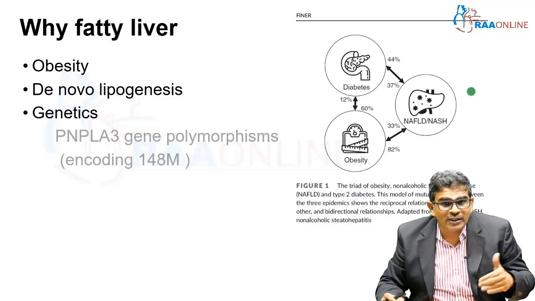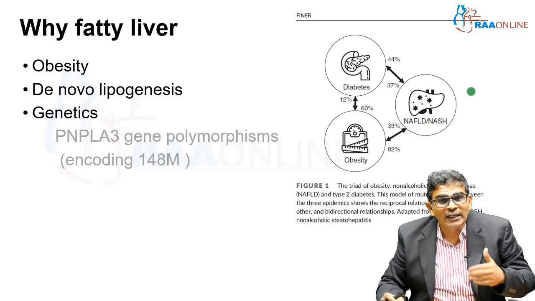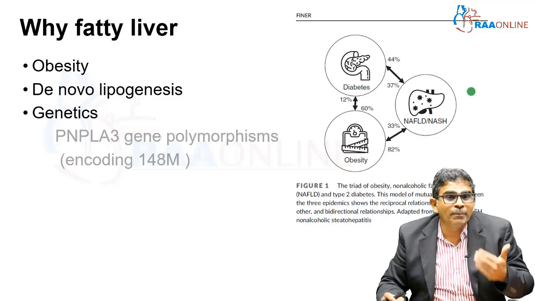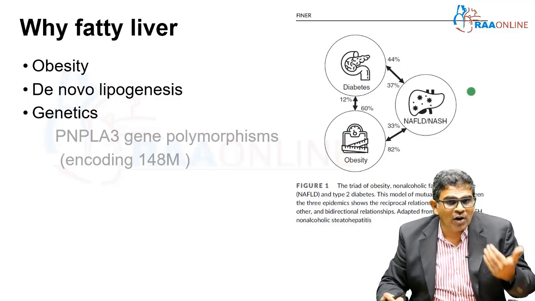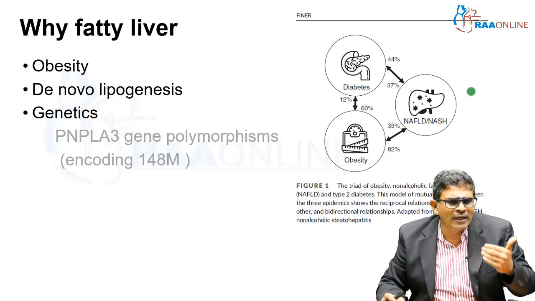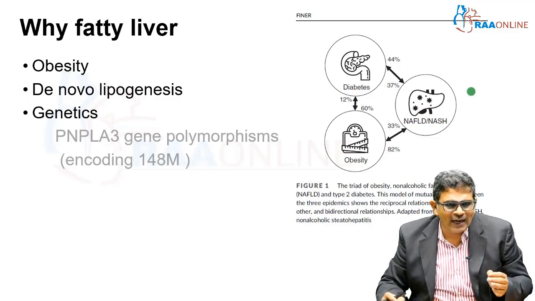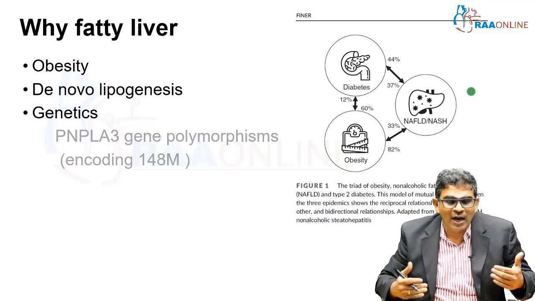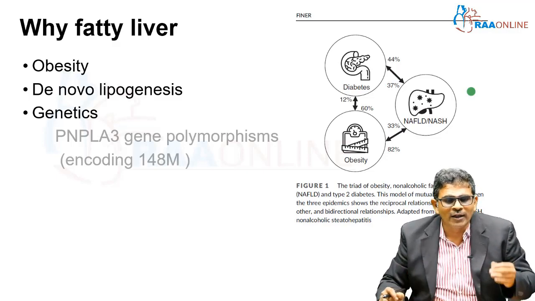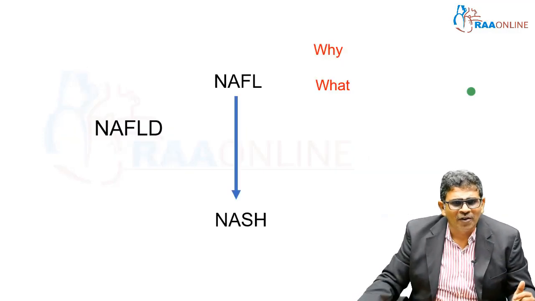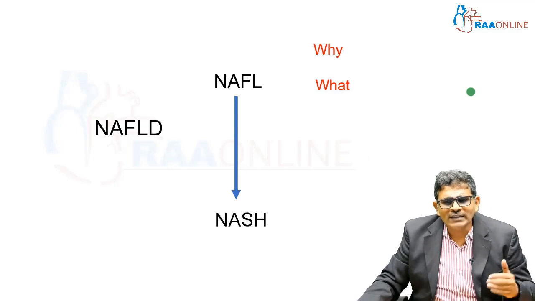Not only the necroinflammation, the fibrosis was also increased by 3.3 times. So when this defect was there, they were 3.3 times more prone to get fibrosis, which is very, very important, because genetics also plays a role. So the reasons why people develop fatty liver are obesity and what we consume, de novo lipogenesis, which comes more from the carbohydrate, and genetics has a huge role over here. We need to understand these three things which can predispose individuals to a fatty liver. Having known that, what is the definition for